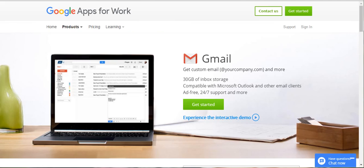This is super simple. You'll simply go to google.com, but before you do that, I want to show you the difference between free and the business account. So it's actually called Google Apps for Work, and what you can do is get a custom email address. So think of whatever your website domain is, and you can have your custom email at yourcompany.com. You'll also get 30 gigabytes of storage, which with the free version you have 15 at the moment. And it's compatible with Microsoft Outlook and other popular email clients. You won't have any ads to worry about, and you do also get support 24/7, which is a nice feature